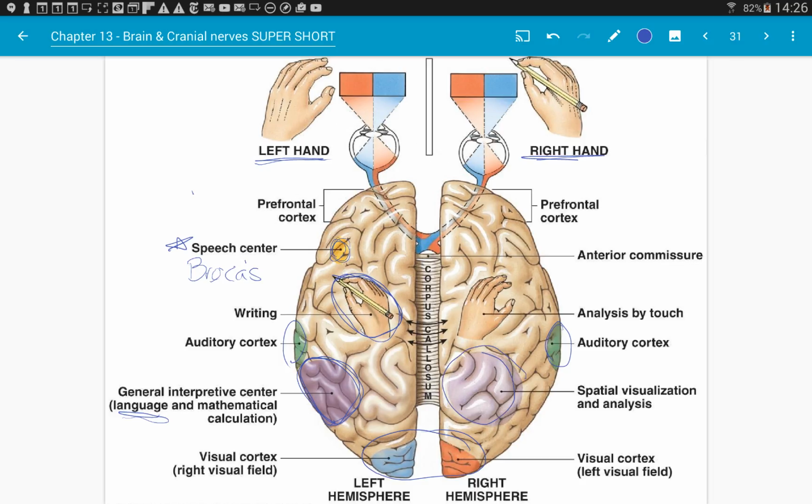Spatial and visual analysis. So depth perception, actually being able to gauge the space properly with your vision. Okay, another thing that's unique on the right, analysis by touch. Okay,